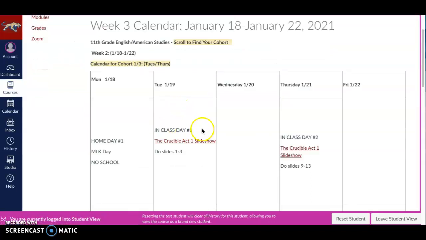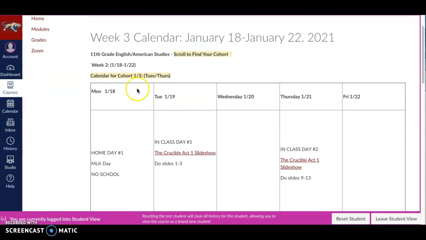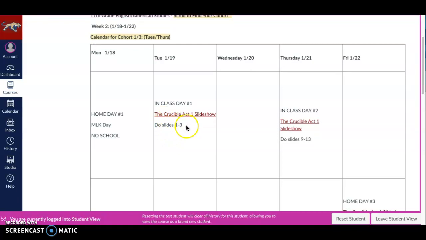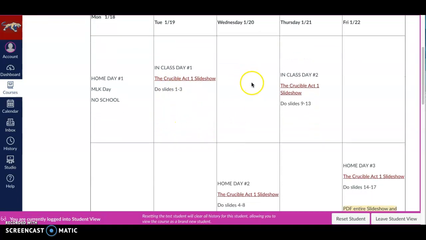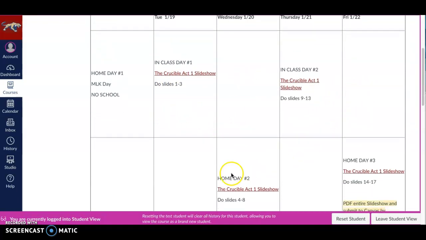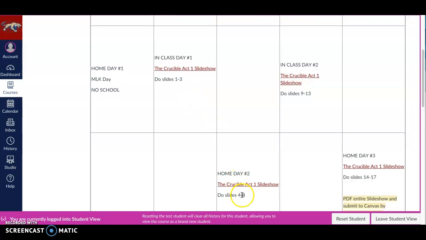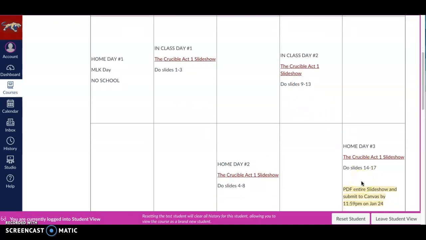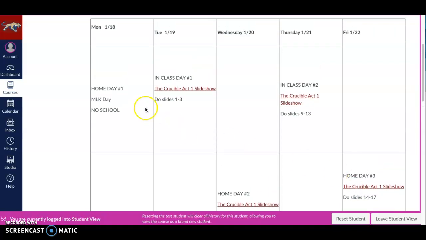This is a pacing guide, so if they are a student that comes to school on Tuesday and Thursday, then these are the things that they're going to do on Tuesday. And then on Wednesday when they're not at school and Friday when they're not at school, there are also assignments posted for them to do. So Tuesday they were supposed to do slides 1 through 3, Wednesday 4 through 8, Thursday 9 through 13, and so on. And then most of the time, all of the assignments given on Monday will be due the following